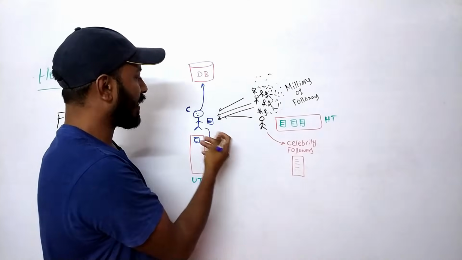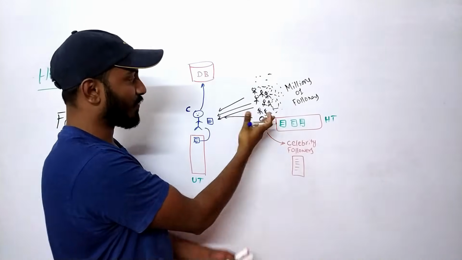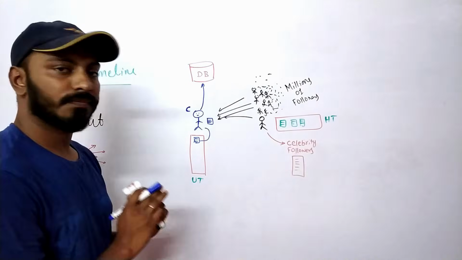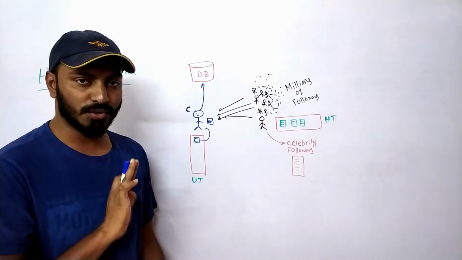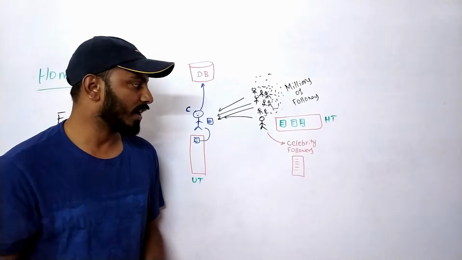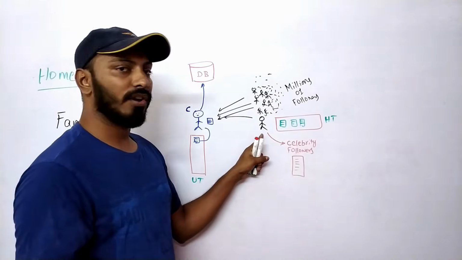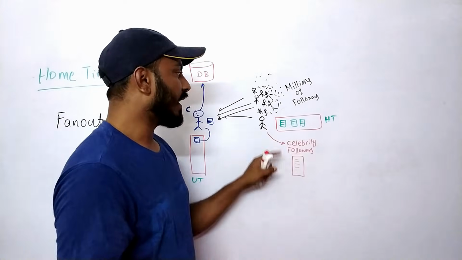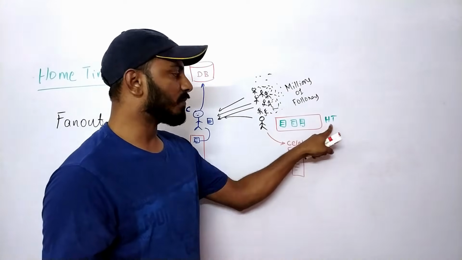But since this guy has millions of followers, I can't update each and every one. It's too much. So that's it. You just need to do nothing. Just do this process and stay quiet. When the follower tries to load his home timeline, as we already saw in his home timeline cache,